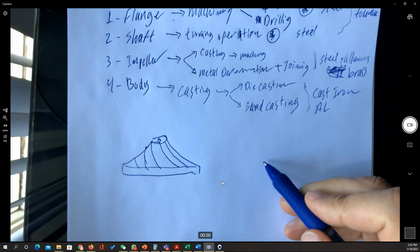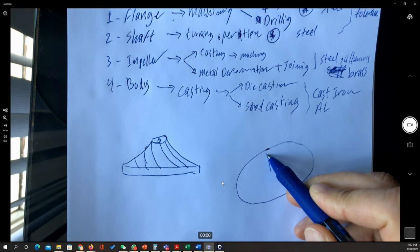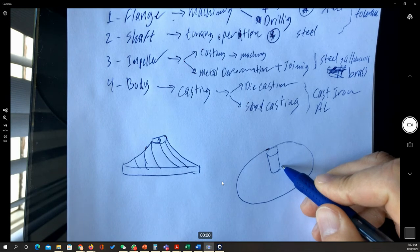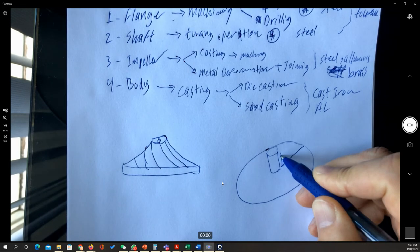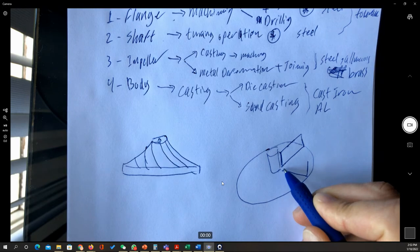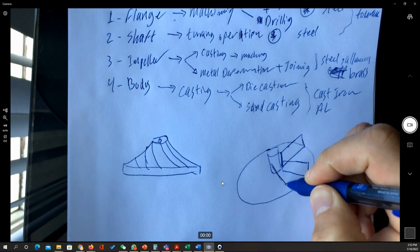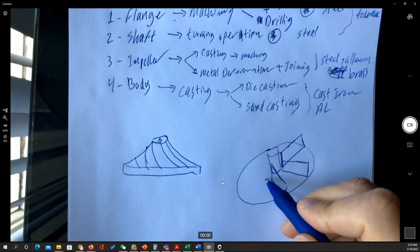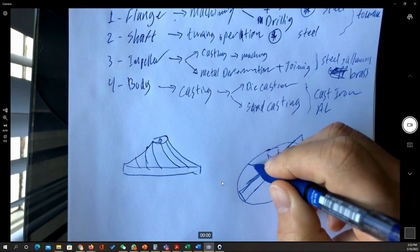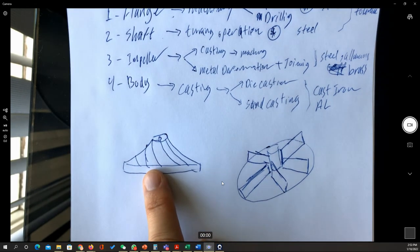Other types of impellers are much easier to manufacture. It's going to be just a plate with a cylindrical part in the middle, and this plate is going to have fins, going up like that. Sorry for the bad drawing, but that's how it's going to be at the end. During the operation, of course, these plates push the water inside the water pump and cause the movement. If I make it in this shape, which is going to be solid, this definitely is going